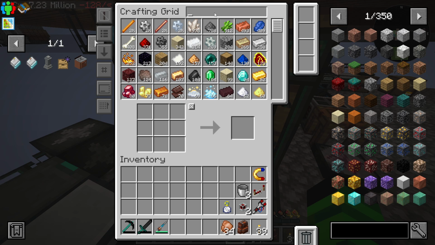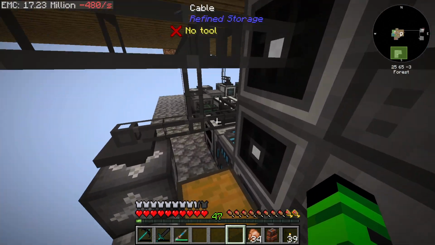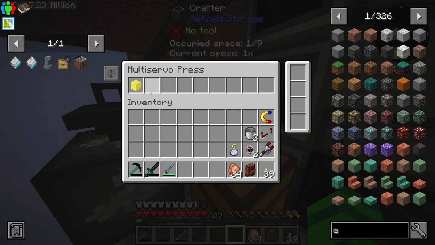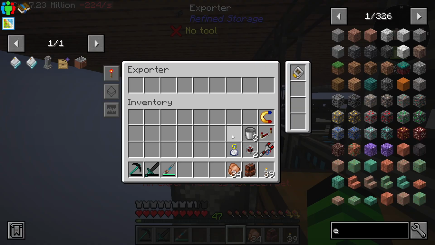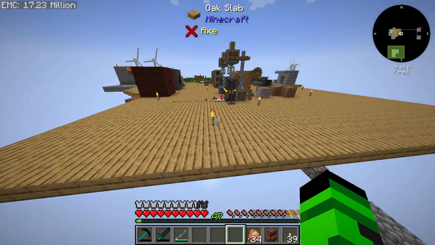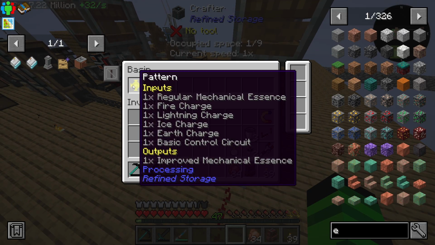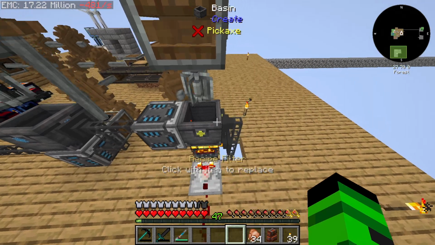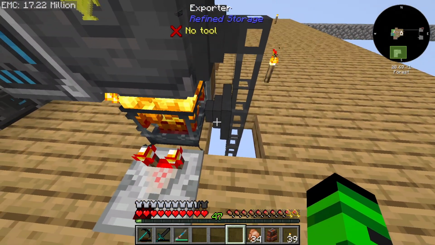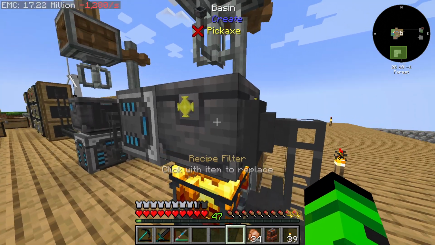Now, the next step up is we're going to be looking at tier 3 essences. Okay, so I've already done some stuff here. This is already set up with the crafting recipe to make it. This one, I don't have it in there just yet because I don't want them to auto-craft. And I have put a crafter. That's what we need here. A recipe filter. We've got an exporter and an importer. So this is going to import the finished